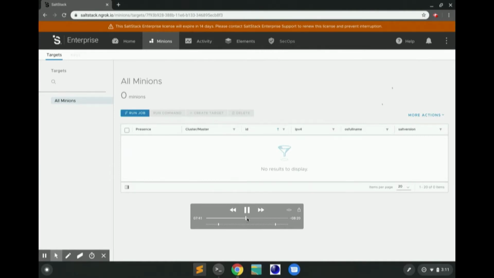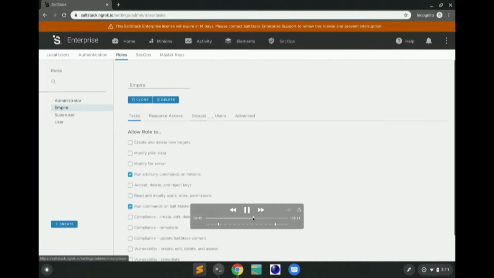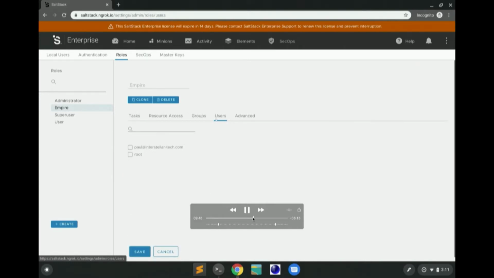So notice this user doesn't have any privileges yet. We just created an account, logged in, there are no privileges. Let's give this user admin privileges. So this user now has access to the Empire here.